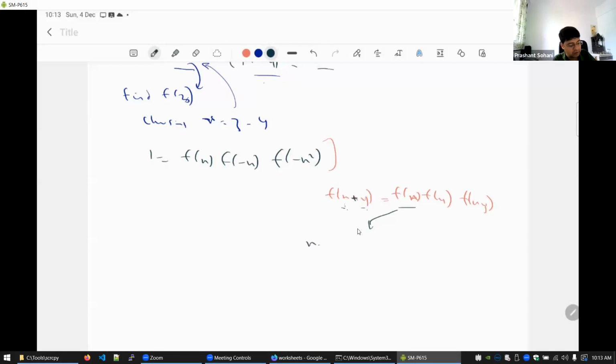So for example, I can choose both of them to be half and half, like x by 2 and x by 2. Another idea is that I can choose x to be 1 and y equal to x minus 1. So what happens if I substitute x is 1 and y is x minus 1? I'll get f(x) on the LHS is equal to f(1) f(x minus 1),